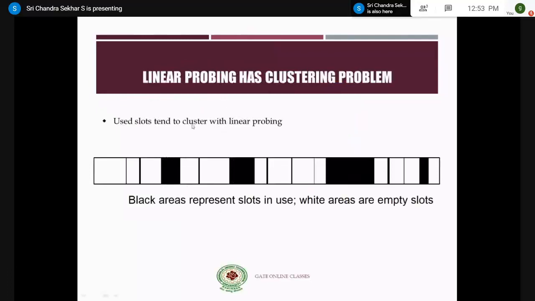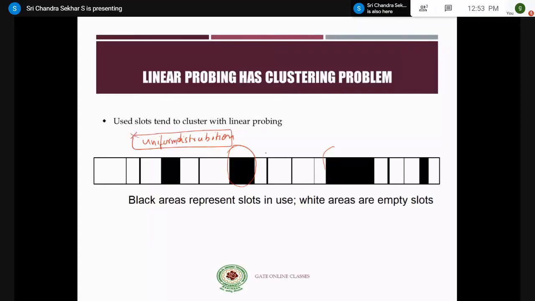The main disadvantage of this linear probing is clustering. Clustering means all the elements will be located in adjacent locations, right? There is no equal or uniform distribution of the values in the table. Uniform distribution is one of the important properties of a good hash function.